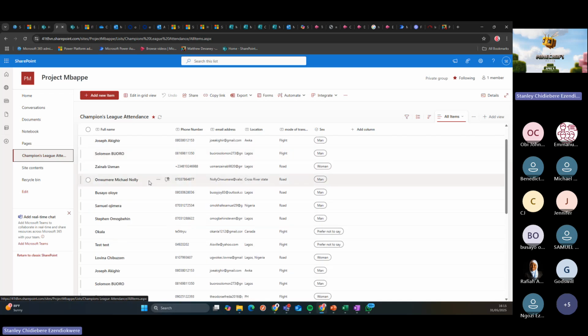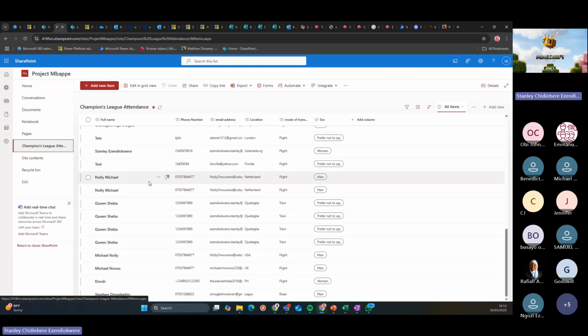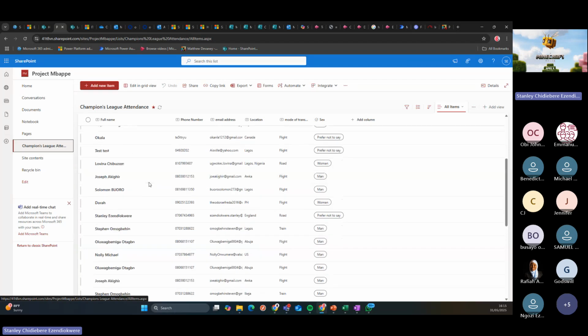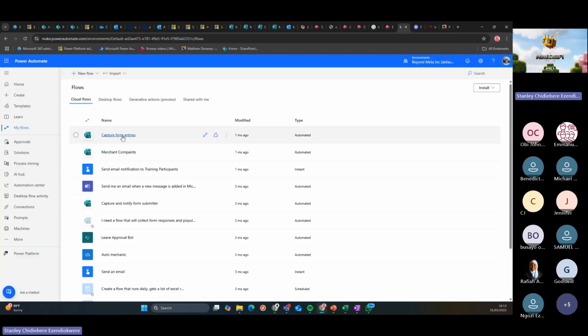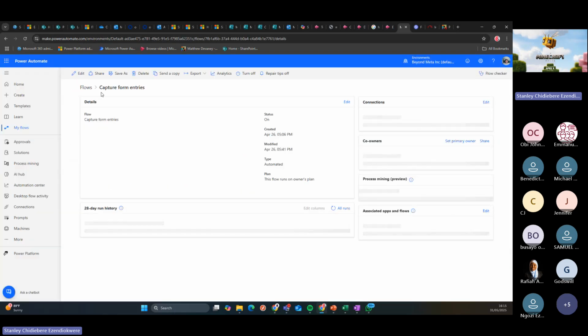So we created this event list where everyone enters their entries, and every entry that came in was saved into a SharePoint list. I think that was where we stopped. Then we created this particular flow that captured